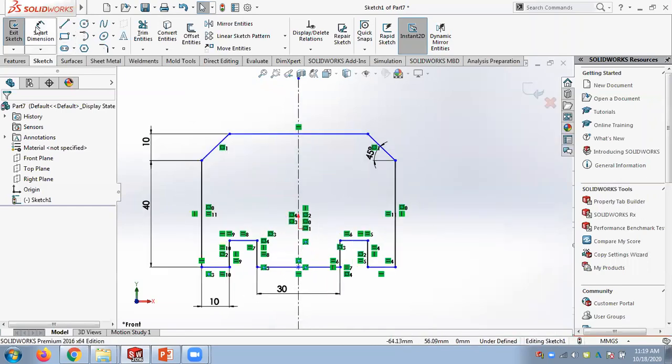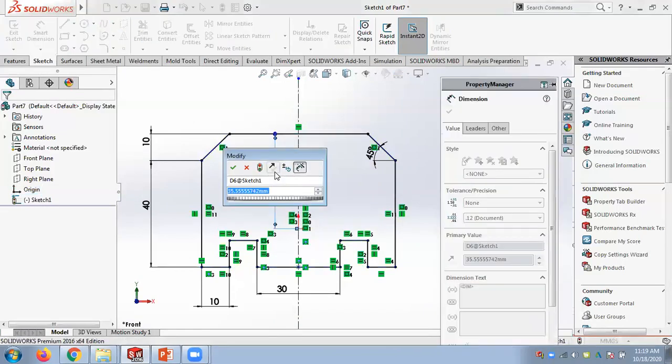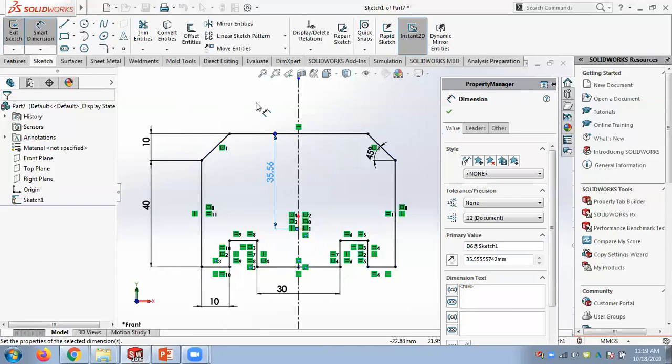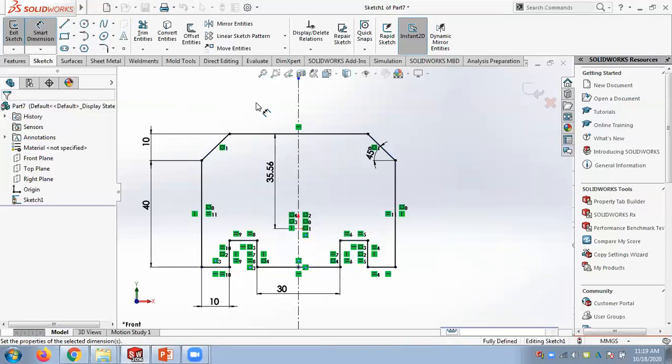Another method is we can give an additional dimension from the origin to this horizontal line. So this is also possible. Now what I have done is I have prevented the drawing going up and down. From this dimension, or else you put this origin somewhere here or somewhere here, then it will become black.